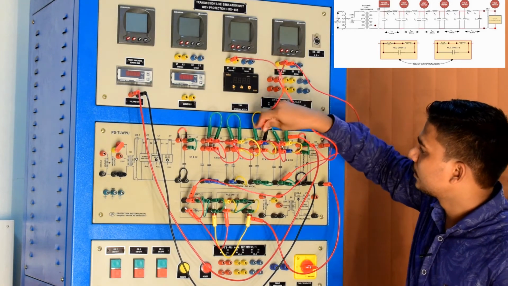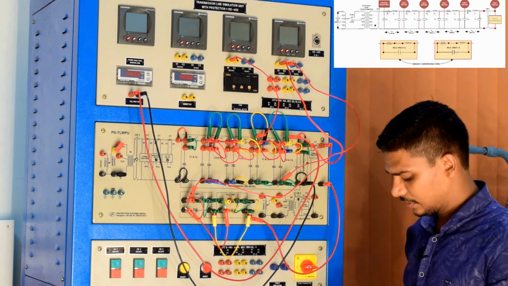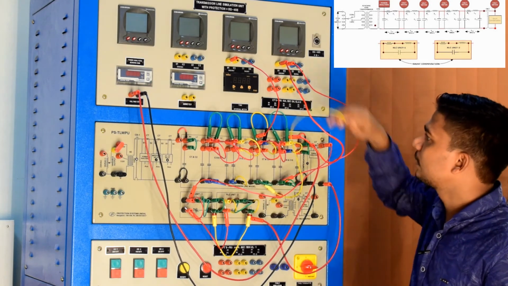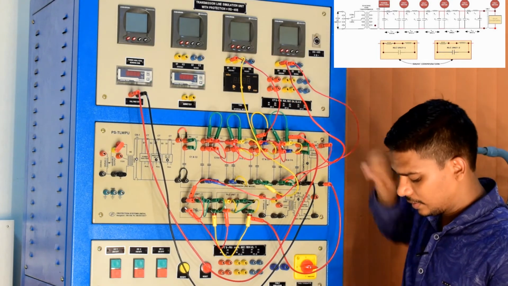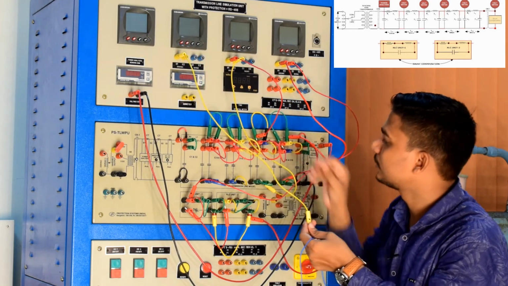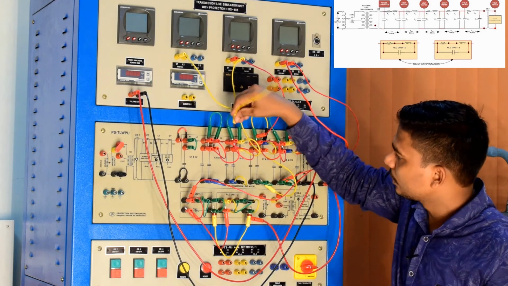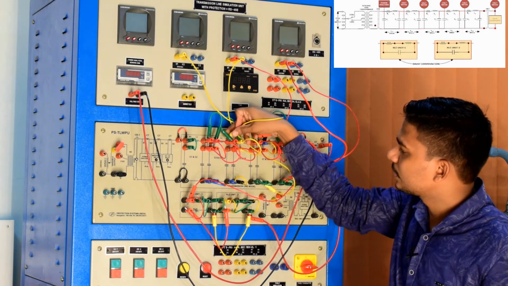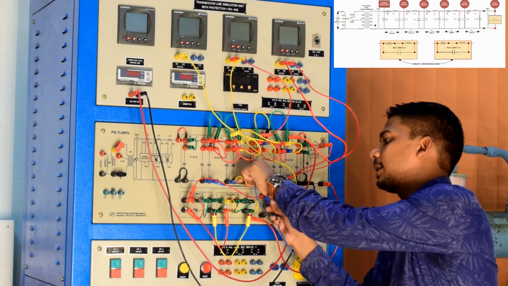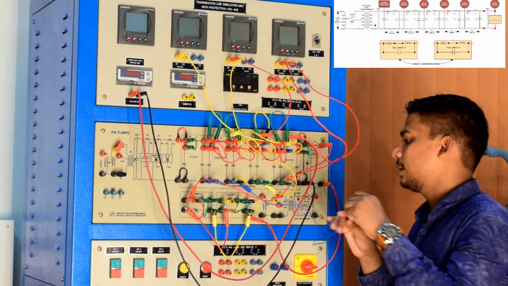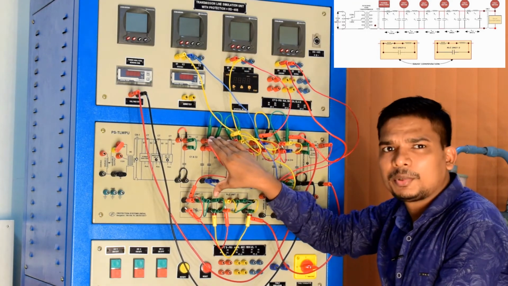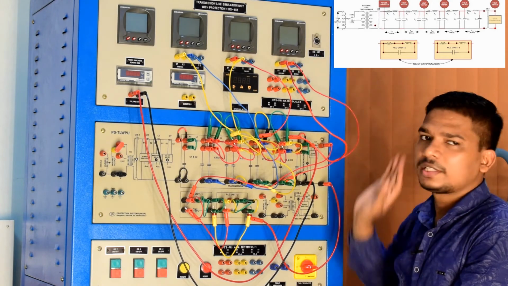Similarly, another voltage, this is the third segment voltage, and this will be measured by the power analyzer. Similarly, the third power analyzer voltage will be measured from the second segment. So this power analyzer will measure the second segment voltage. So this is the neutral and I am connecting across here. And the last segment is left because no voltmeter is available.